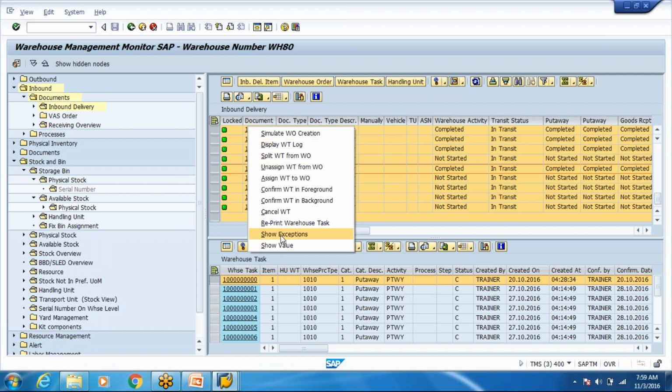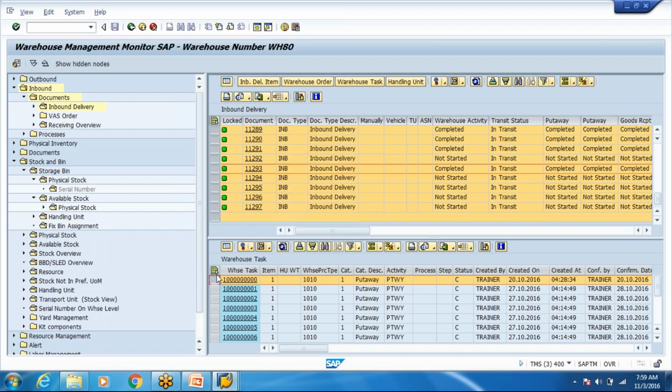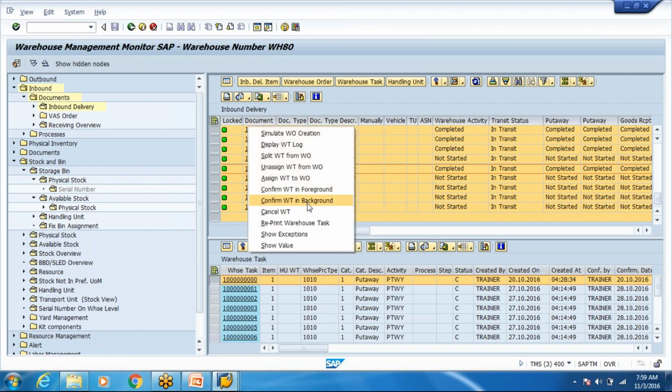So why is this required? Let's say I'm the warehouse supervisor. I'll monitor what all things are going on in the background, in the warehouse. I see some discrepancy here. A user calls me, "Hey, Rohan, I was confirming on the RF and I faced some issue. Can you please confirm the task for me, because my gun has been logged out, or my screen has frozen, or something has hung up, but I have completed the movement of the stock. Can you just confirm it in the system?" So I will search for the task here, but I will not go into the task confirmation screen. Rather, I can just quickly come here and confirm it in the background.